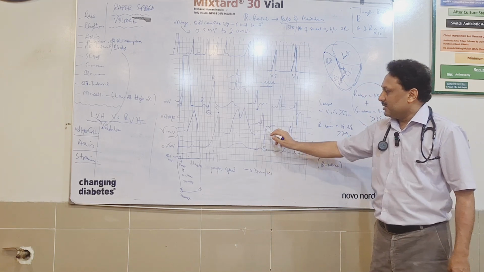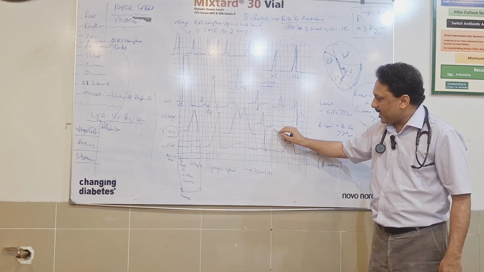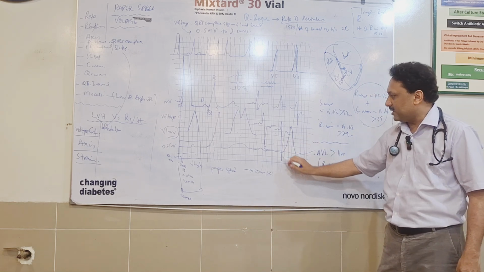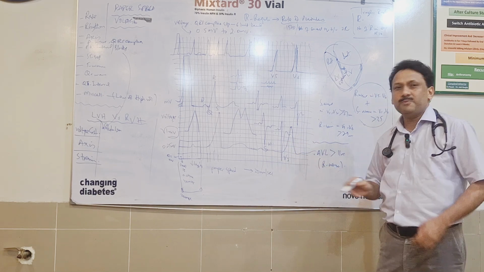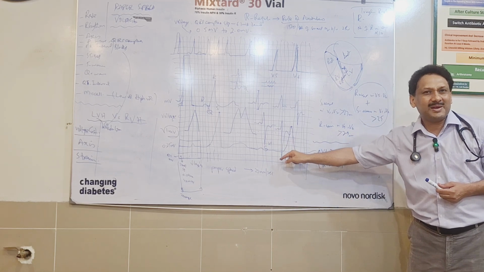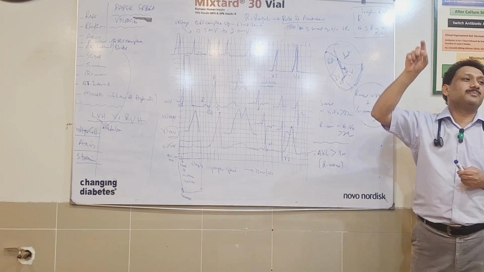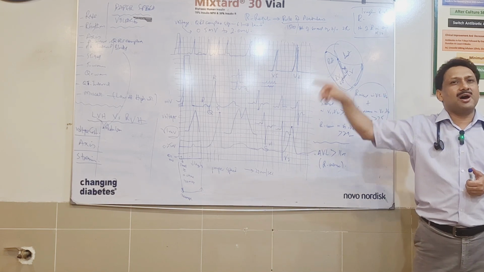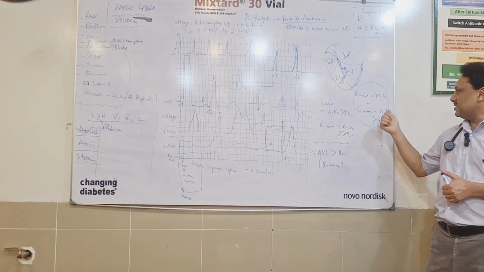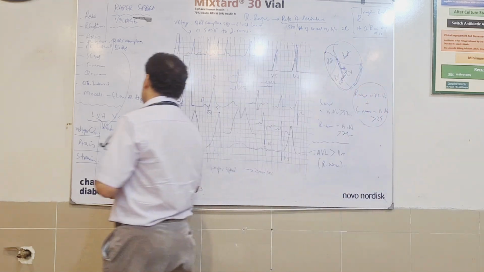So this S wave is the downward wave, and I am again drawing another lead. Here the S wave is like that. Now which one is deep one? This one. So if this is lead V1 and this is lead V2, this is the deep S wave. I will calculate the deepest S wave and the longest, highest amplitude R wave. If you add the two and the sum is more than 35, you call it LVH criteria, Sokolow-Lyon